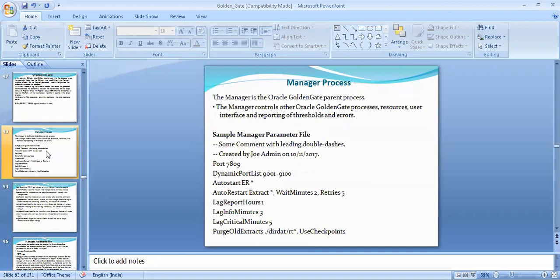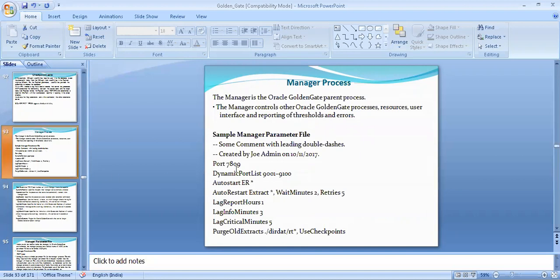The manager process is the main process we already discussed. The manager process runs on the source as well as the target environment. A manager process will monitor and control all other processes, meaning the extract process. If it is running on the target environment, it will control the replicat process.